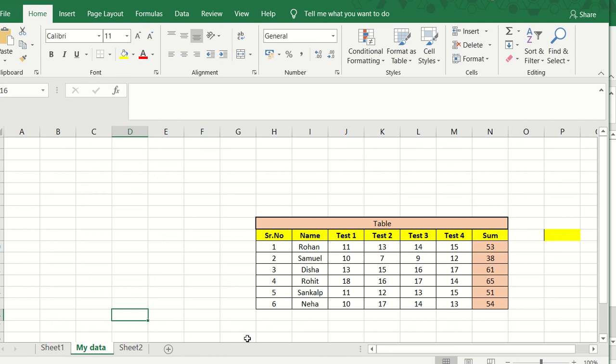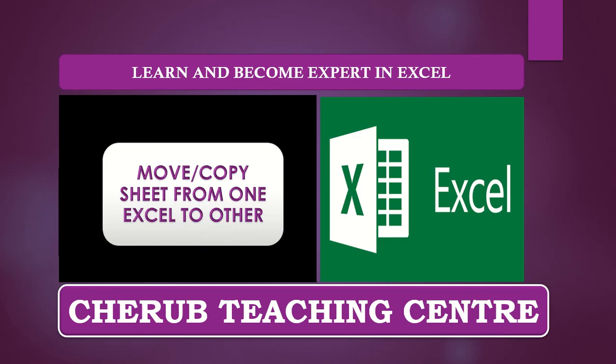So this is how you do it. And once again, please ensure that when you use this Move or Copy option, this action needs to be performed on the sheet which you're planning to move into the other. It should not be vice versa, because if you do it vice versa, then the result is not going to be the same.